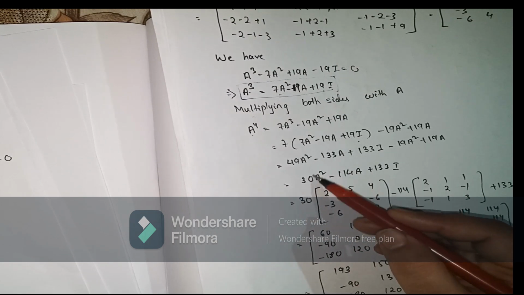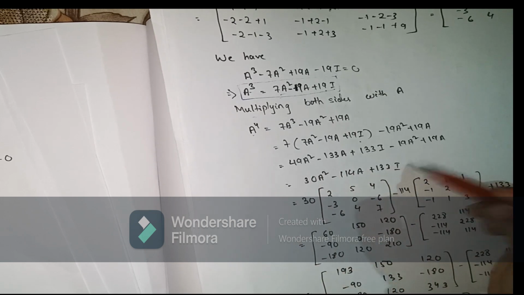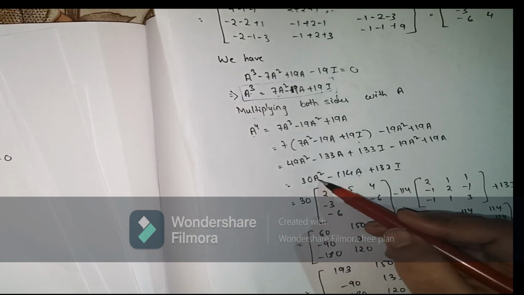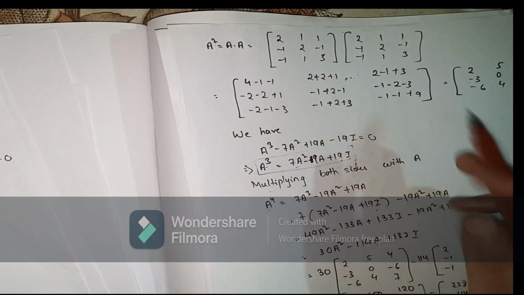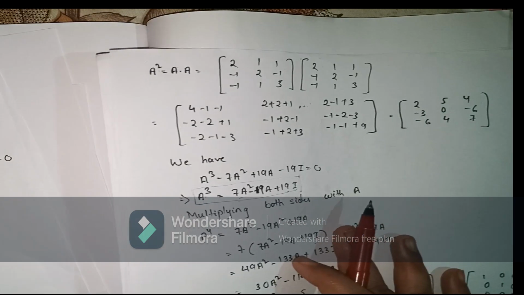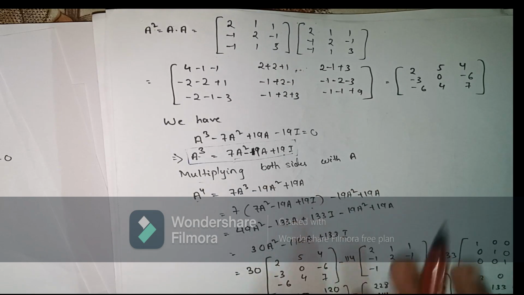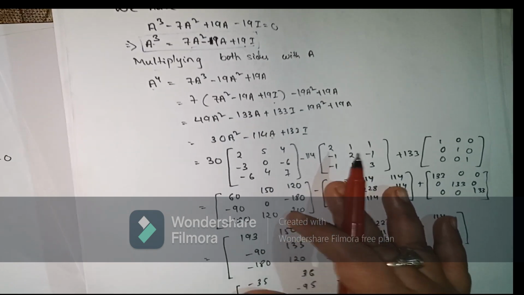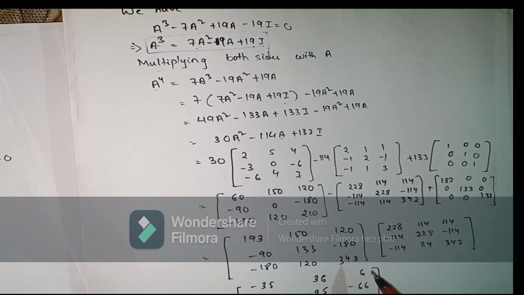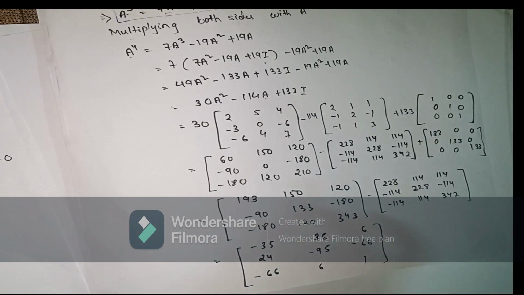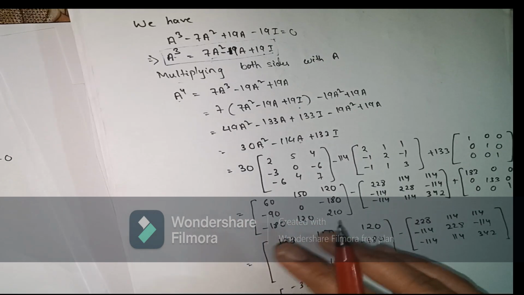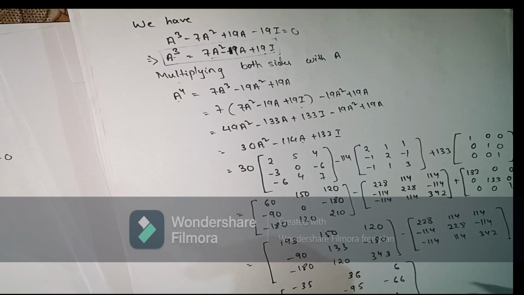So what I got is in the form of A square, A and I. I know the identity matrix. I have to find the A square. So I found out what is the A square here. Okay. Now I have to replace this all. Look, to find out the A to the power 4. So this is what is A to the power 4. Now the next question is, is the matrix A invertible or not?